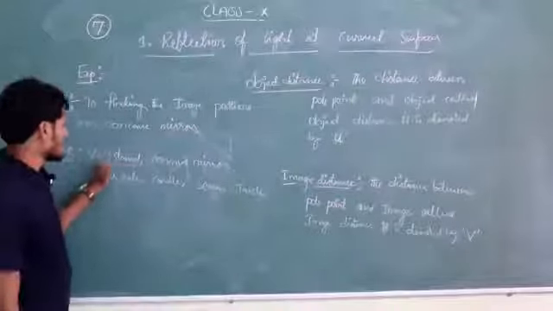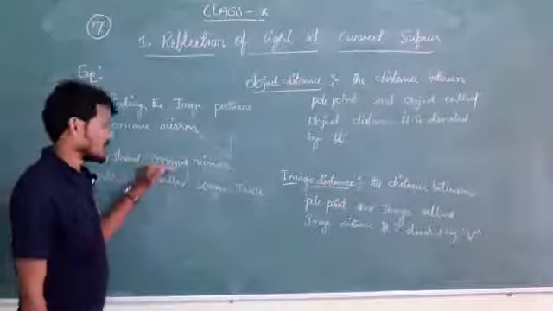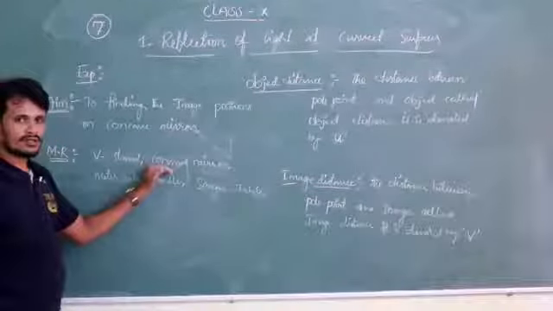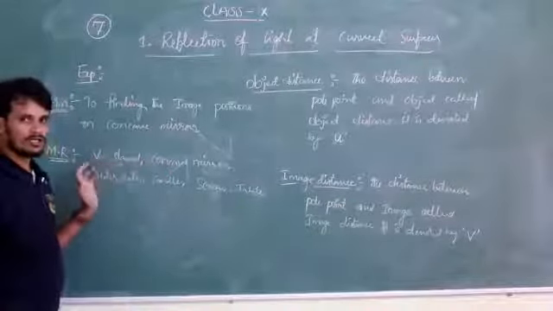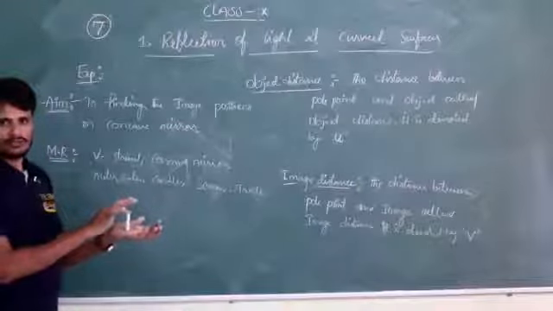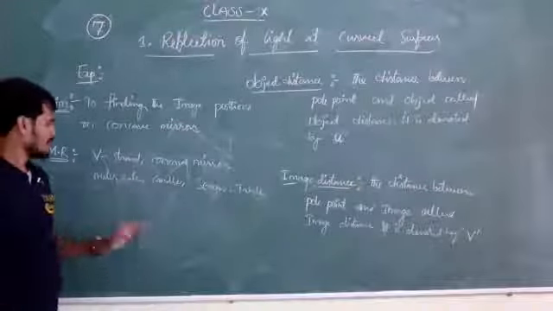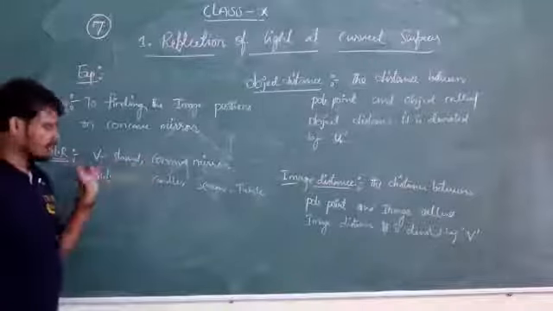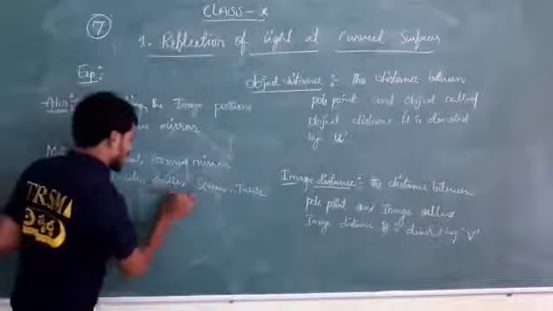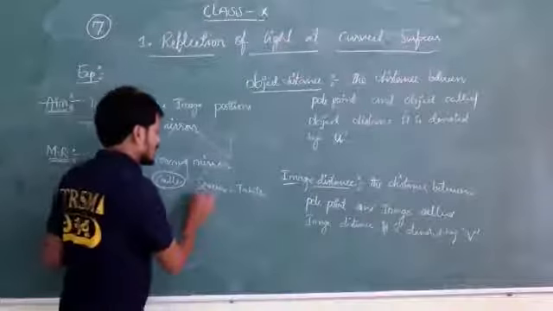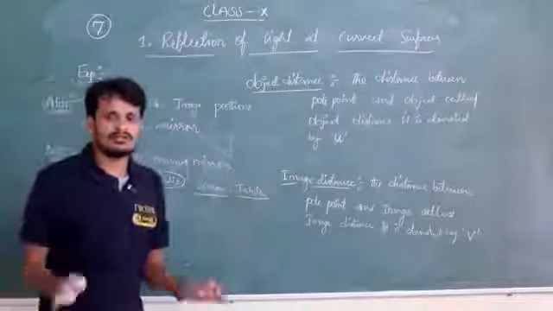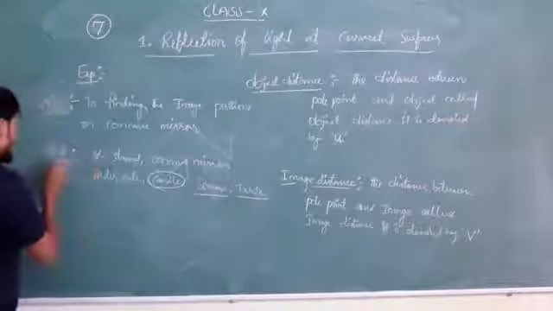So what are the materials required? V-stand, concave mirror, meter scale for measuring distances, concave mirror for observing, V-stand for holding the concave mirror. If you place the concave mirror directly like that, the mirror cannot hold its own position, understand? So that's what the V-stand is required for, holding the concave mirror, and candle to place at different positions. Now here candle acts as what? Object. Screen to obtain images. Table, all these things will be arranged on the table. These are the materials required.